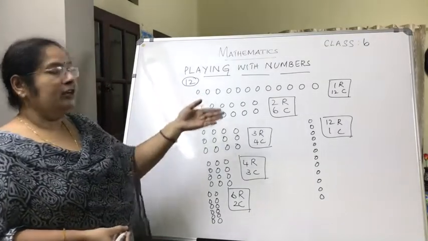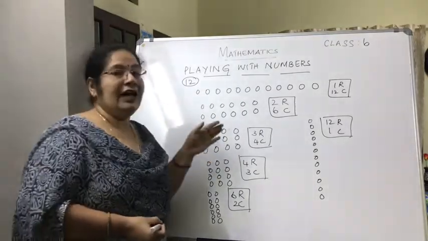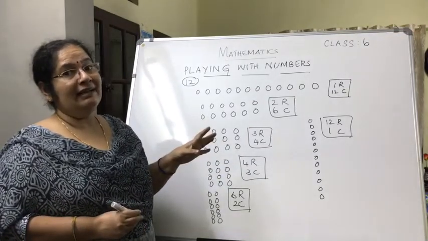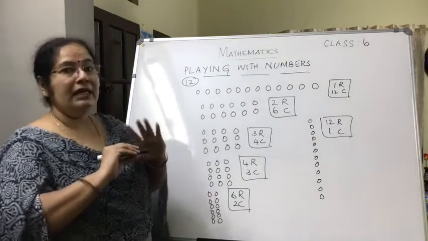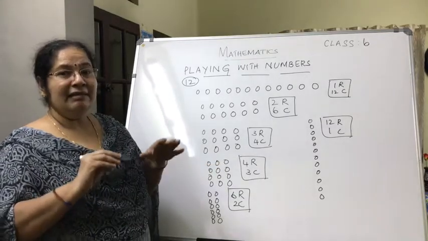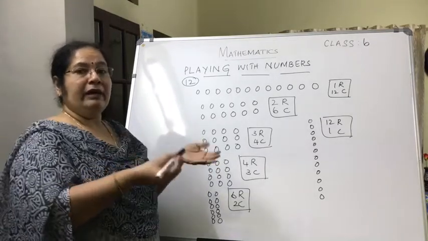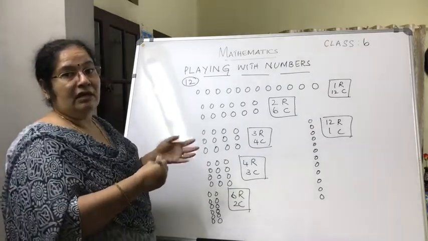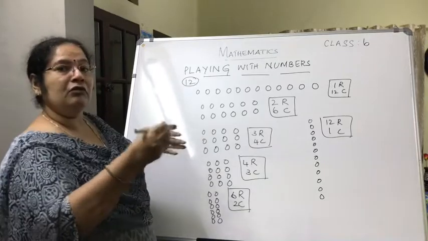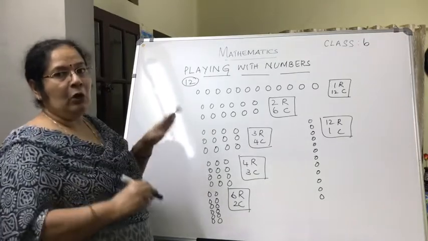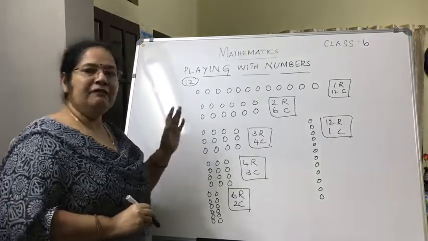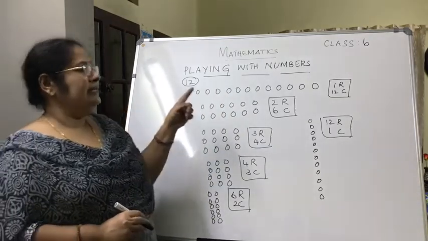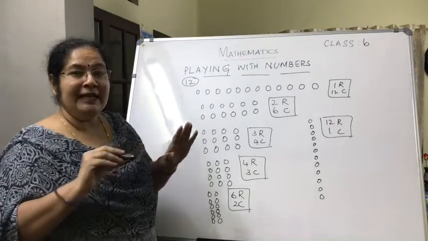So I have got these many ways in which I can arrange the 12 beads in such a way that all the rows and columns are complete. Nothing is incomplete there, nor do I require more to complete it, nor something is excess. Nothing is more so that I can leave off that 1 or 2 beads and then make it properly. No. All the 12 beads I have used, and this is an arrangement. Now when you arrange it in this way, as I told you, it is being completely filled.